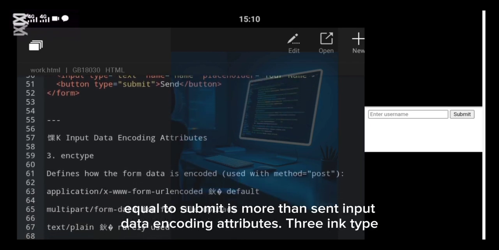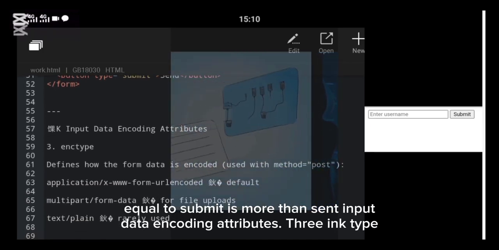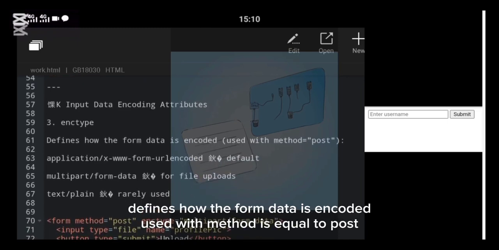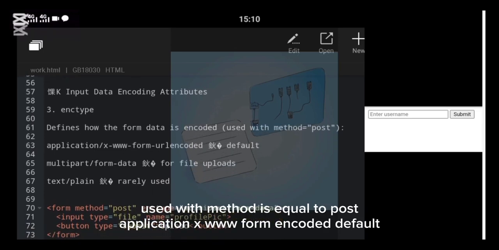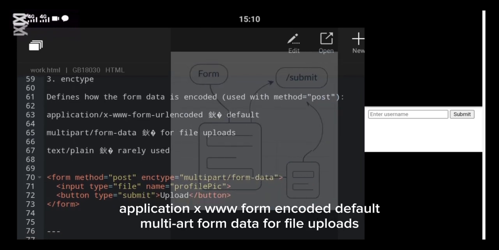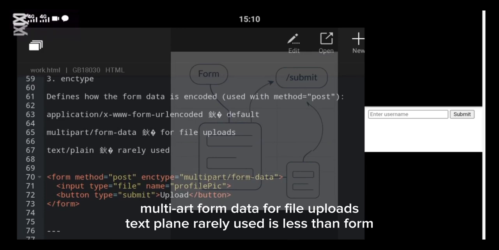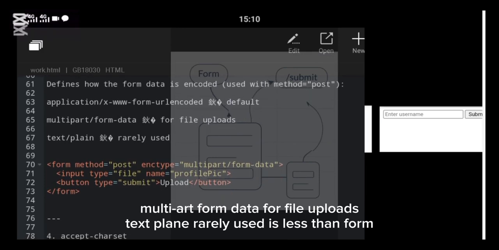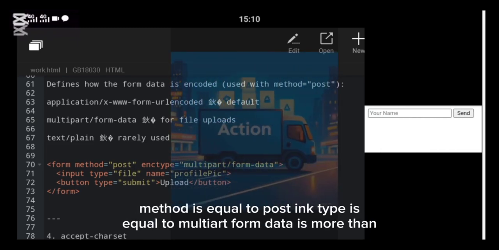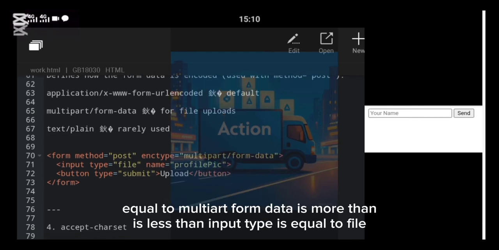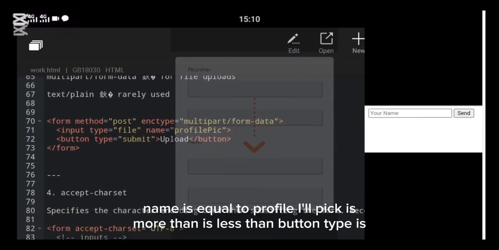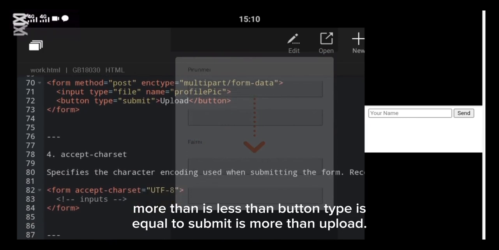Input data encoding attributes. 3. Enctype. Defines how the form data is encoded, used with method="post". application/x-www-form-urlencoded is the default. multipart/form-data is for file uploads. text/plain is rarely used. <form method="post" enctype="multipart/form-data"> <input type="file" name="profilepic"> <button type="submit">Upload</button>